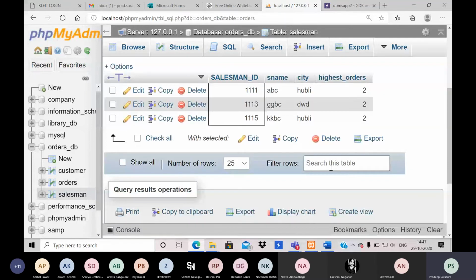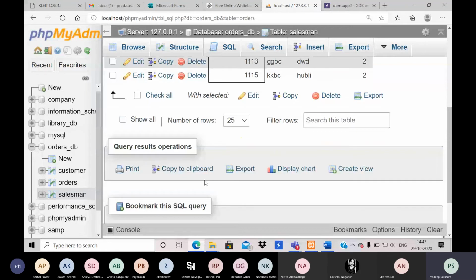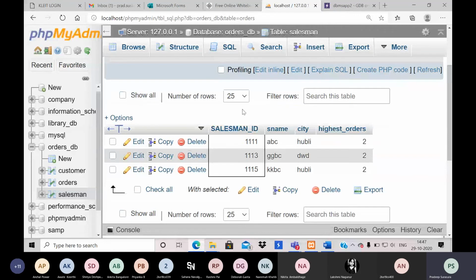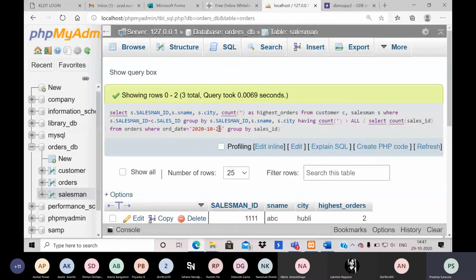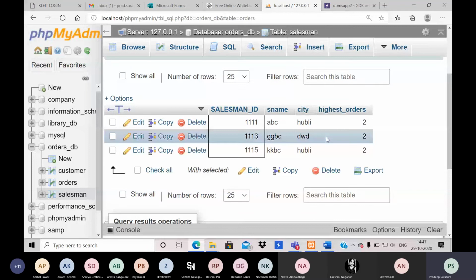It states that greater than the value on the 23rd, I have only one record. So greater than 1 I still have two orders on each day. Understanding? On the 22nd I have 4 records, that is the highest. Greater than 4, there is nothing according to my data. But on the 23rd I have only one record. So greater than 1, I still have the highest records, 2. Understanding?